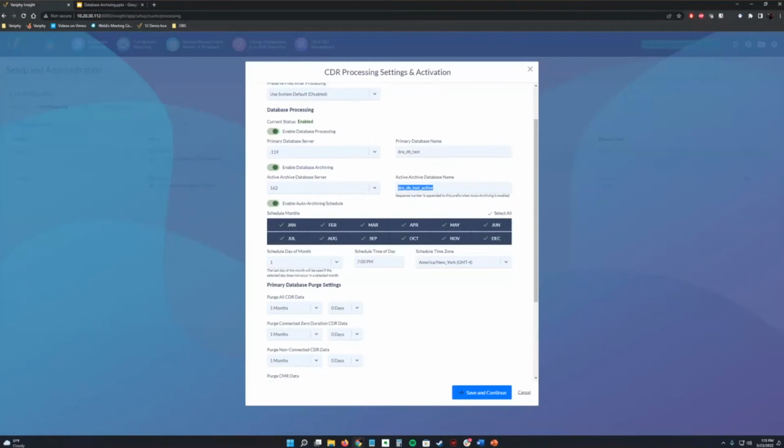It would purge the data in your primary, while your active archive would wait for its configured auto archiving schedule, which in our case would be a month by month period. Then when that month passes, it would create an archive database called DreDB test_1. So it's going to append that number to it automatically when you have auto archiving scheduled.